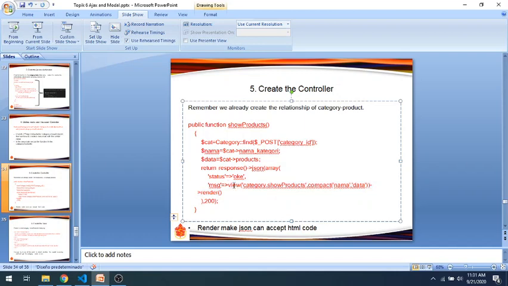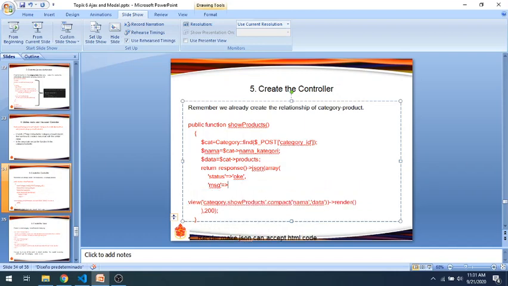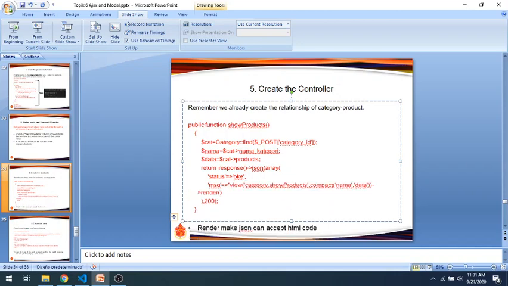Actually, we also can use direct HTML here. For example, we create the div, we create the header, class header. But if it's too complex, it is better if we use a view here. So we can make a view with these parameters, nama category, and the products as the product data.